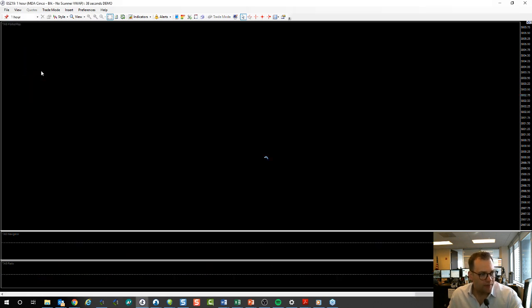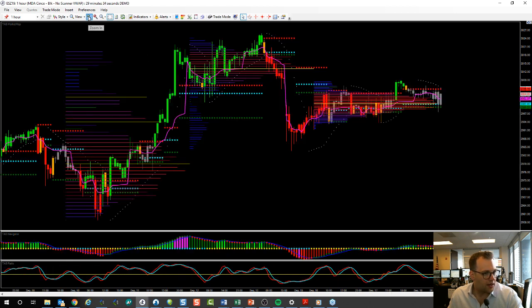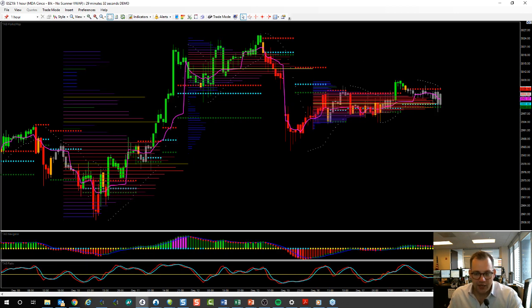So the hourly time frame, this is what we were looking at yesterday, and we had an interesting setup on this given the news over the weekend. We did have this close on Friday. Sunday morning we opened up, we gapped open lower, so it's created this volume gap. Everyone always talks about, well, if the gap's traded, you've got to fill the gap. That's true. Sometimes it happens quickly, sometimes it can take a long time.